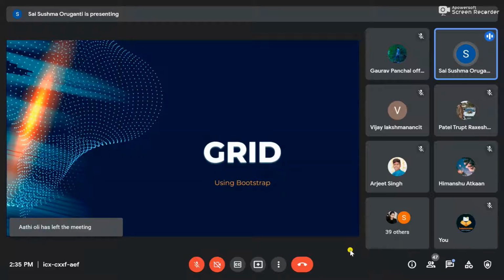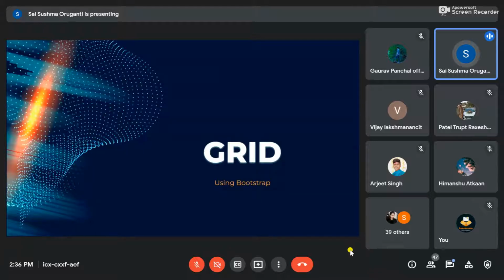And modal also, modal, you know, right? A modal is nothing but when you click on some button, a pop-up comes on the screen, like an alert pop-up or warning pop-up. Similarly, you can create any pop-up, and you can design the pop-up size and all. I will show you how to do all those things. It is very easy. I will show you now how to use Bootstrap.